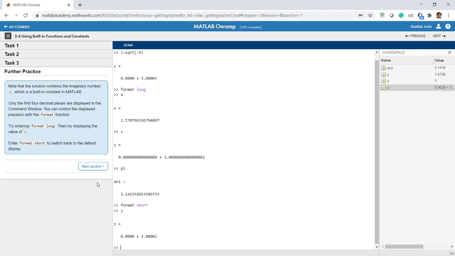There are so many built-in functions and constants that it is difficult for anyone to cover them in one session, but it is very intuitive and easy to know. For example, for tan inverse the command is atan. For the cosine function, it is cos, that's all. Whatever standard mathematical terms are there, these terms are also used in MATLAB. So you will feel as if you are reading your standard textbook while working with MATLAB. Let's go to the next section.